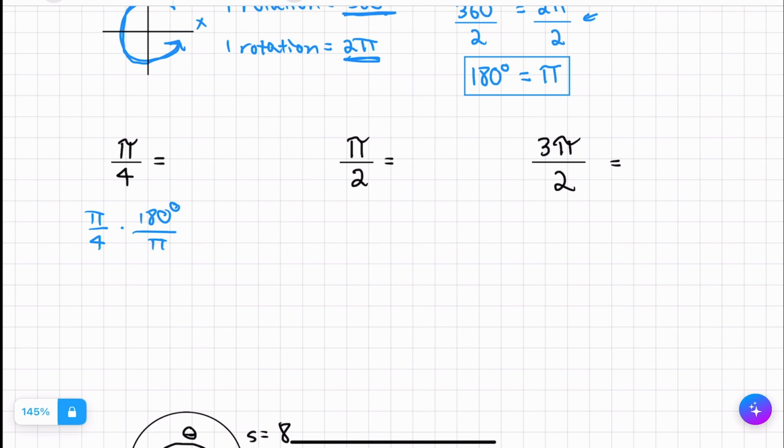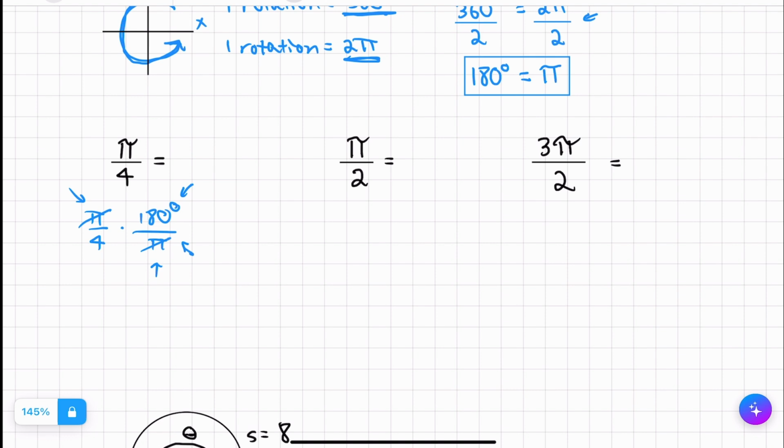This is important. When converting from radians to degrees, we have to multiply our radians by 180 degrees over pi, because we want the pi in the numerator and the pi in the denominator to cancel. Remember that anything divided by itself is 1, so we can get rid of pi completely. And then we're just left with degrees. If you're allowed to use a calculator, you can plug that in to get your answer. But you might have to show how to do this